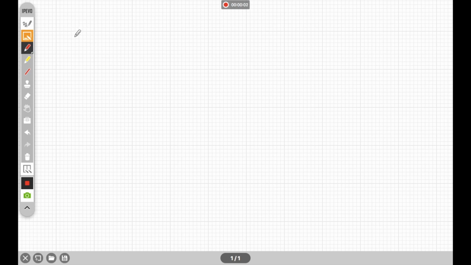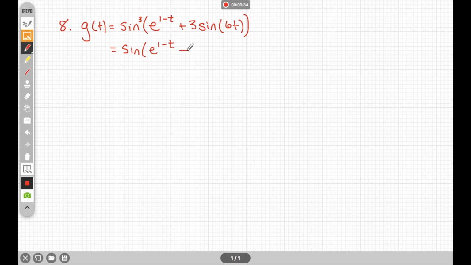All right, the next one we're going to do is the function g of t is equal to sine to the third of e to the 1 minus t plus 3 sine of 6t. Another way of writing this is sine of that function, e to the 1 minus t, plus 3 sine of 6t, all cubed. So here, if you see what's happening, the outer function is a cubic,